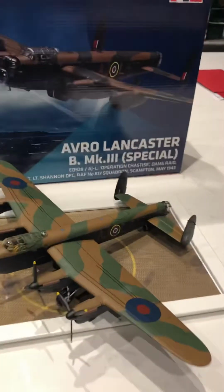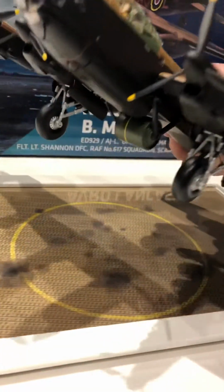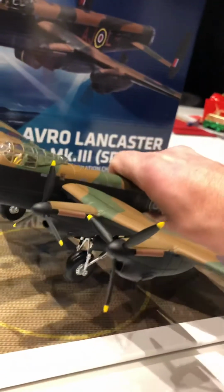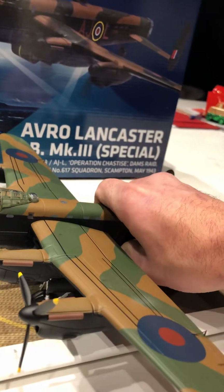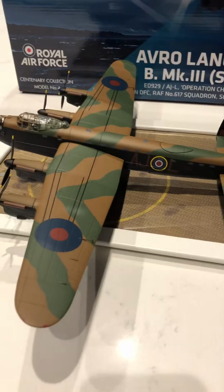In terms of this model, as you can see, if I lift it up, hopefully the undercarriage will not fall out. You can see the Upkeep underneath there. It does spin, obviously with one hand I don't really want to touch it. It feels a little bit crisper than the previous ones. I don't know if the colours are slightly different. I haven't got all of them